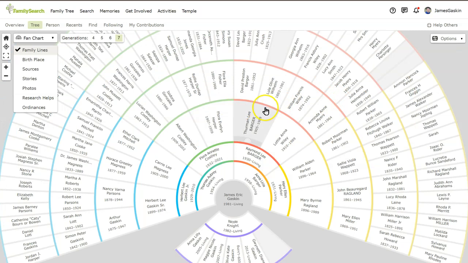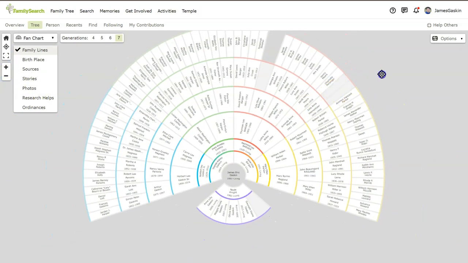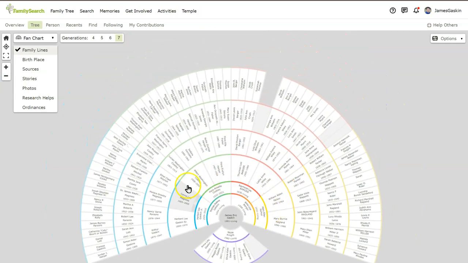Let me zoom out just a little bit. Here we go. You can see I have pretty good coverage in these first few generations, and then I have a gap here and here and here. Now, being deeply engaged in FamilySearch and family history in general, I have searched these records extensively. So I know that if we try to search for them right now, I'm probably not going to find them. But I wanted to point out the holes in the fan chart so that you could see similar things in